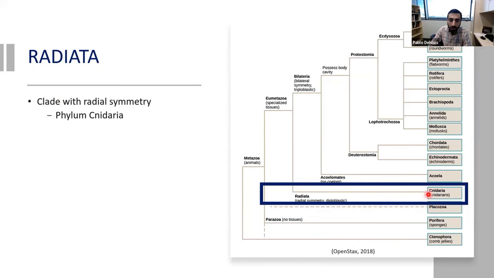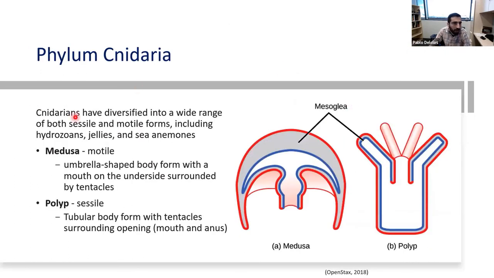So Radiata used to have this ctenophore group, but recent information has kind of moved it out of there. So now they're just the phylum Cnidaria. So this is pronounced Cnidaria. The C is silent. And these include your jellyfish, sea anemones, as well as some other animals like hydras, not the multi-headed creature from Marvel, although you'll see a picture and you can kind of see where the idea of a hydra comes from. So Cnidaria,